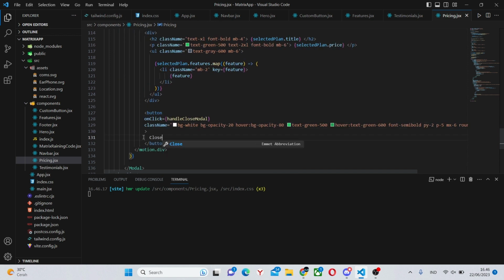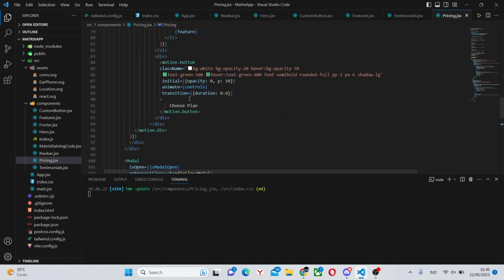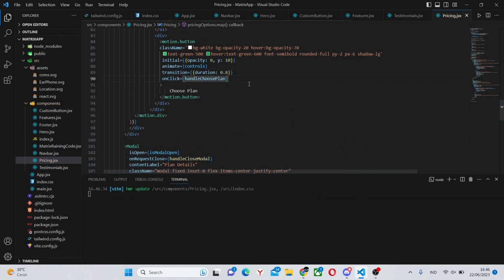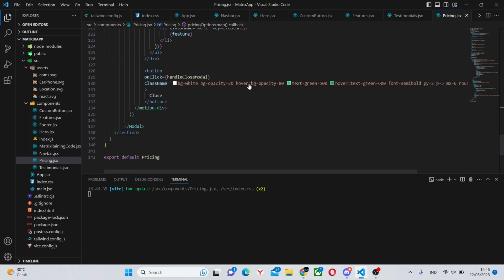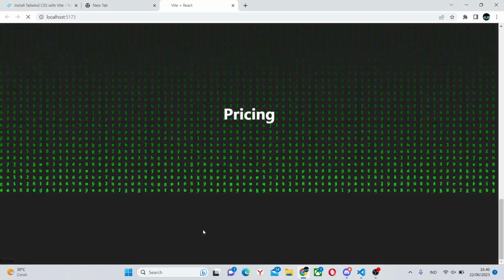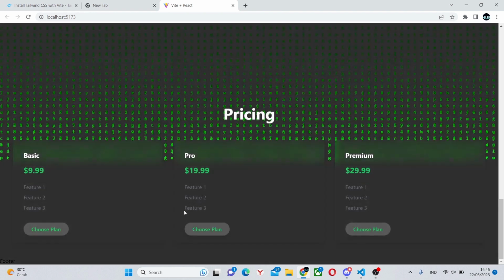The only thing we didn't add is finish the open button. So we have this button of choose plan, but we didn't yet add an onClick. And the onClick here is simply going to be handleChoosePlan, because here we have handleCloseModal. If everything is correct, this should in fact work. So we can reload the page. These options open. If we click choose plan, there is an error.